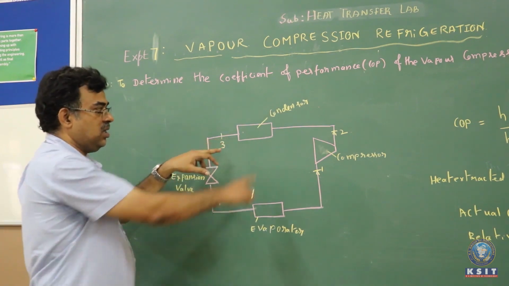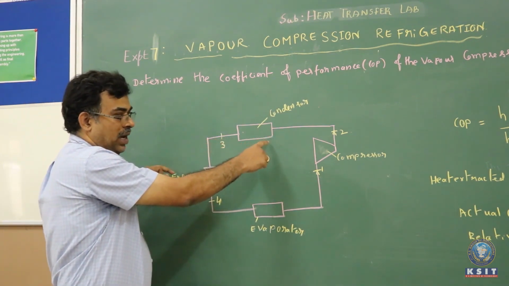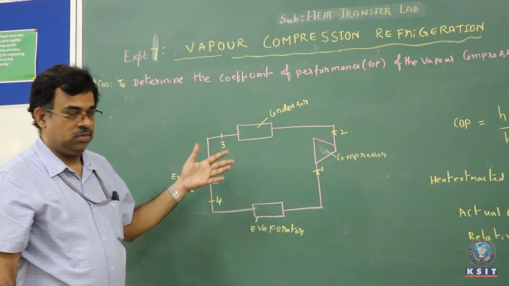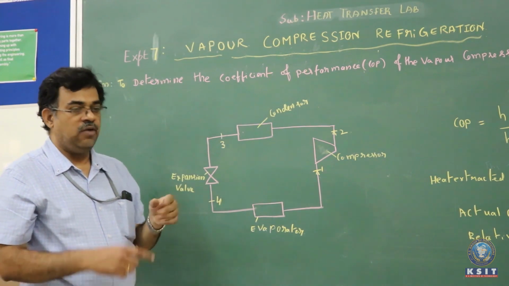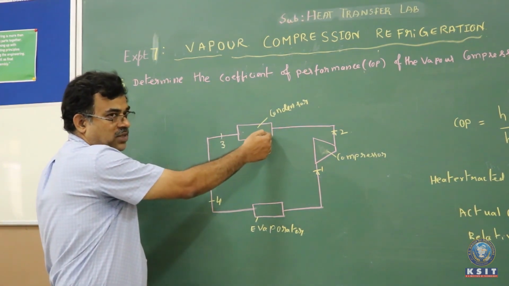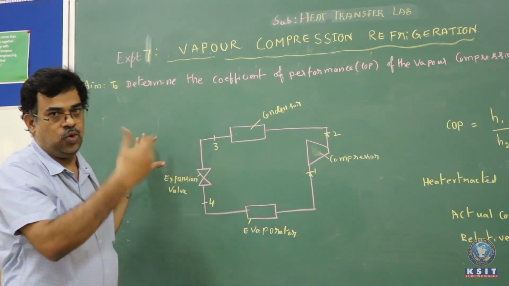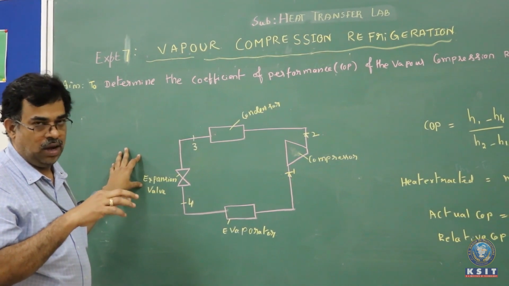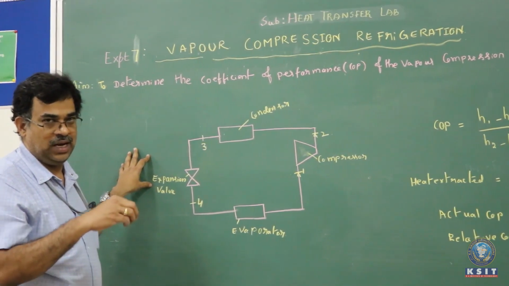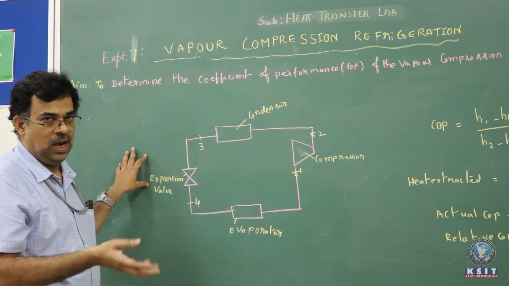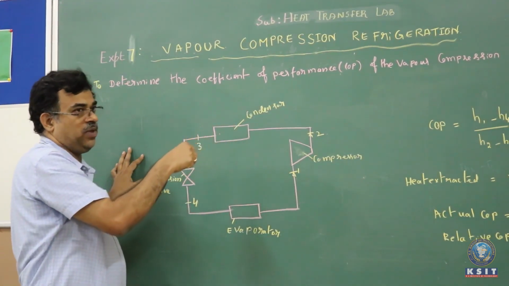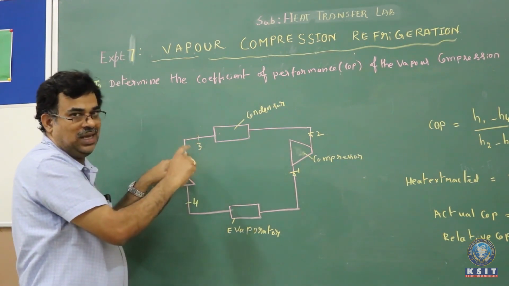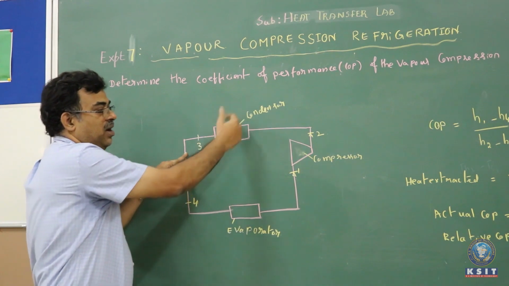In the condenser, the refrigerant at high temperature meets cold air or cold water. Just like when there is one tube, the refrigerant flows inside the tube and over the tube the cold air flows. The high temperature refrigerant gives its energy to the cold air, and the air absorbs the heat from the refrigerant at a constant pressure process. The heat is rejected from the refrigerant.